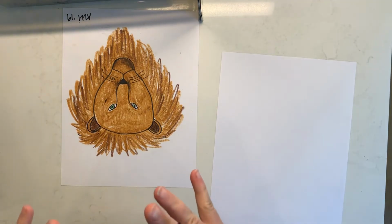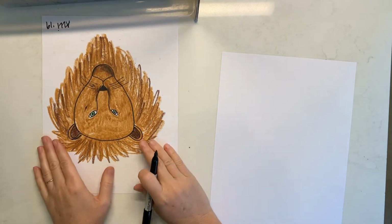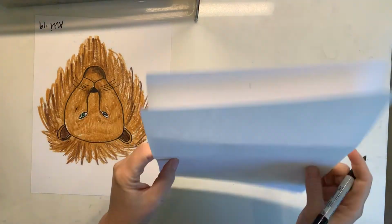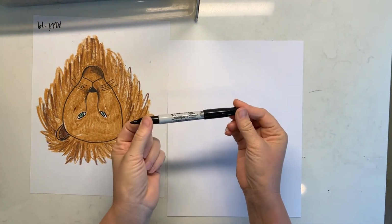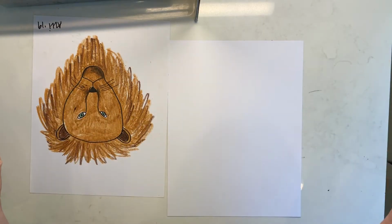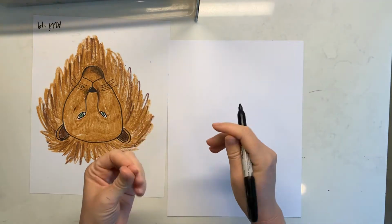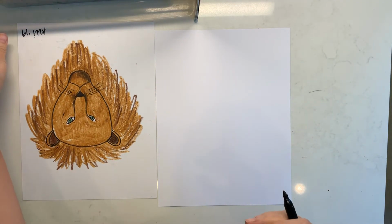Having to remind my brain, this isn't a lion. I am just simply looking for the shapes. So I want my eyes to look for the shapes and not to get caught up in what my brain thinks: oh, it's a lion. Just draw a lion. So, 2 sheets of paper, and I'm using my favorite Sharpie. You can also use a black crayon or a pen or a water-based black marker. I just love how intense the color is with